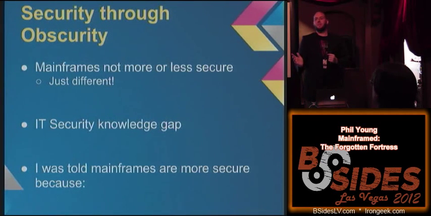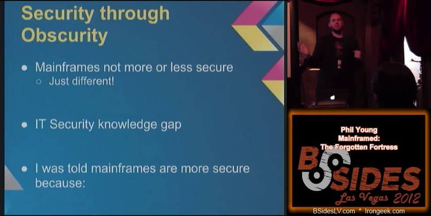So mainframes really are security through obscurity. How many of you know what RACF is? Well, you do. And how many of you know what TSO is, or OMVS, or all these weird terms that they throw around? If you ran an Nmap scan against one, what would you do with that information? Do you know if the open ports are appropriate? Do you know how to run that? There's just things that are obscure.